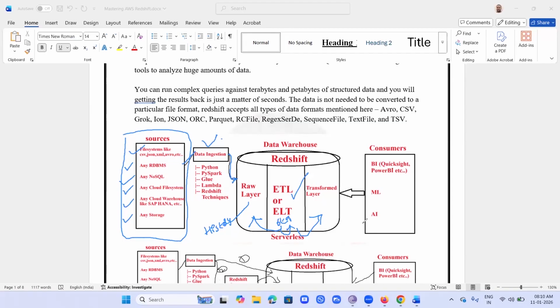Then this data becomes available to different consumers of our Redshift, like BI people using QuickSight, Power BI, Tableau, etc., or machine learning people or artificial intelligence people. These people connect to this data and use it according to their requirements. If it is BI people, they are going to prepare reports or dashboards. If it is ML and AI people, they are going to do prediction operations, feature prediction implementations on this Redshift